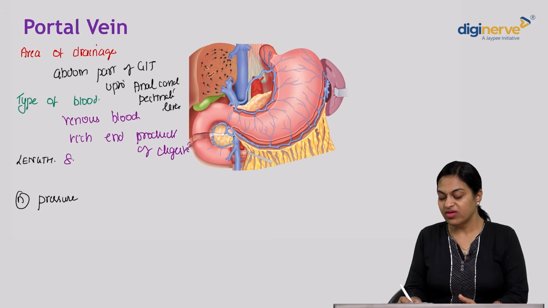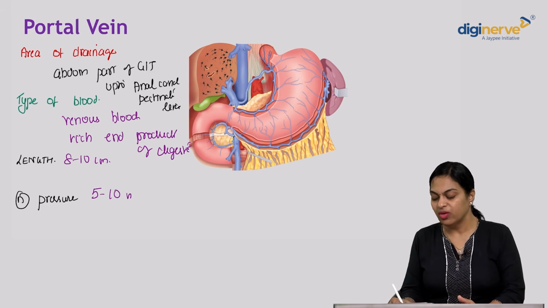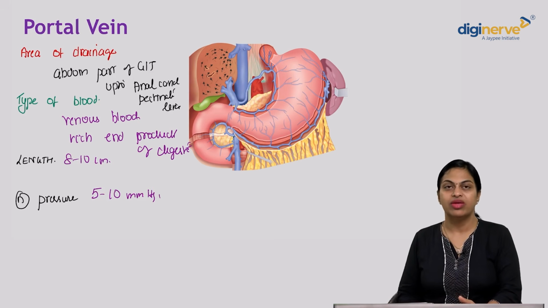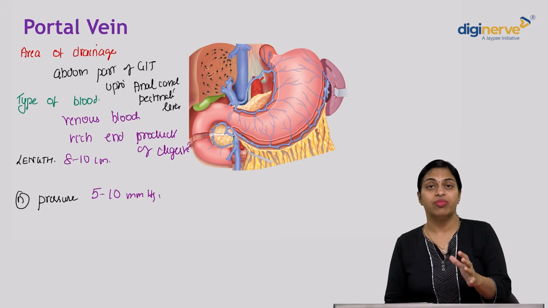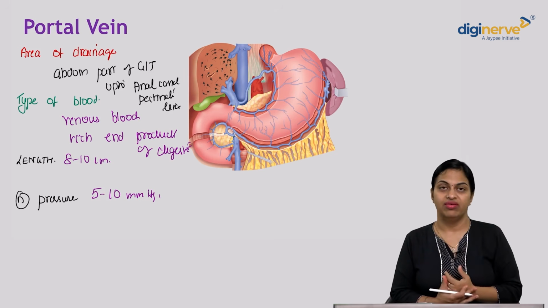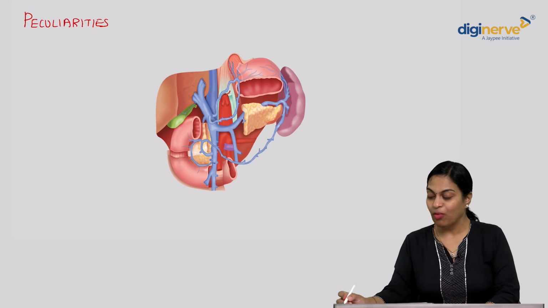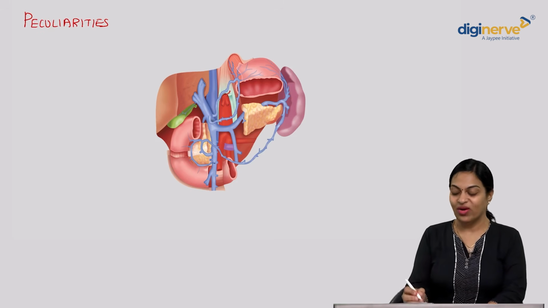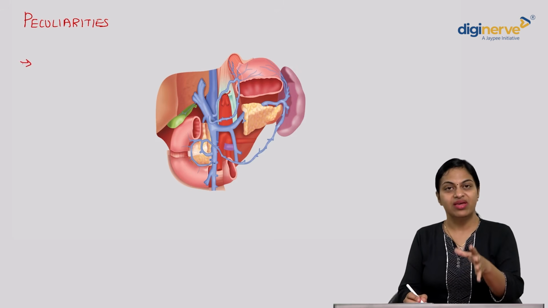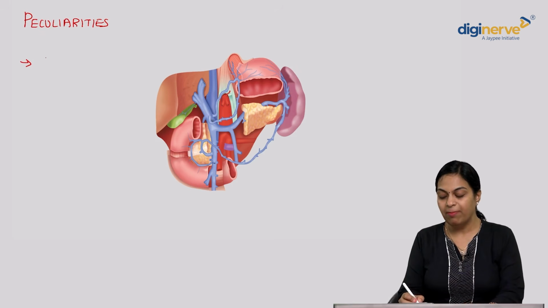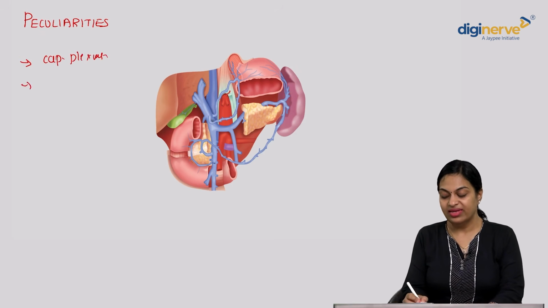Its length measures 8 to 10 centimeters and the normal pressure within the portal vein is 5 to 10 millimeters of mercury. In portal hypertension, it can go beyond 40, right? 30 to 40. This portal vein is important. Okay, so it begins in the GIT like a vein from the capillary plexus and it empties in the liver